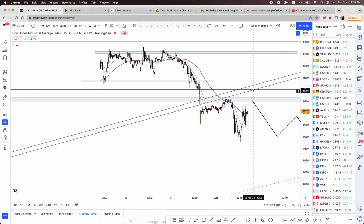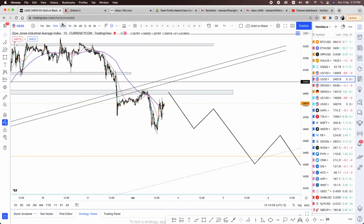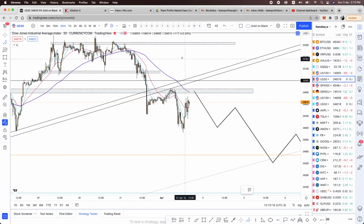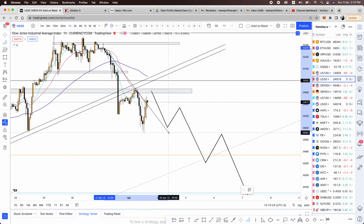Let's see 15 minutes. Yeah, 15 minutes is starting to look like it's getting closer, and it might look like it's pushing up now. Let's see on the RSI, there is some type of small divergence there also on the 15-minute. Like this one, for example, you can maybe draw another trend line. Let's see how it looks in a 1 hour. You can maybe draw another trend line here. It's just to have an idea